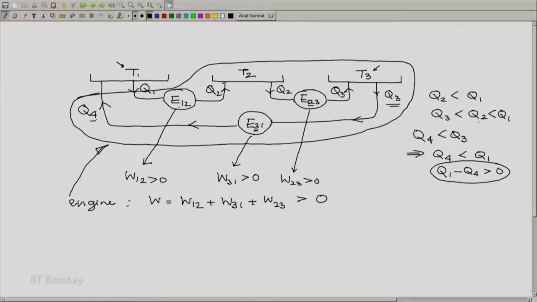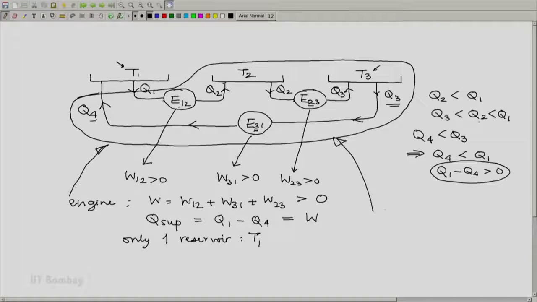What is the heat input? The heat input is Q1 minus Q4, which by first law will turn out to be equal to W, and only one reservoir T1. So this turns out to be a 1T heat engine,